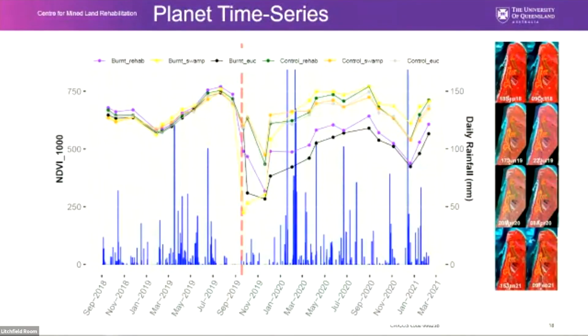Here's another example of measuring resilience with a time series. This time it's using planet satellite imagery. This is from a rehabilitated mineral sand mine in southeast Queensland. And so this is using NDVI and looking at 3 different vegetation communities over time. And before the fire, which is the red dotted line, you can see there's 3